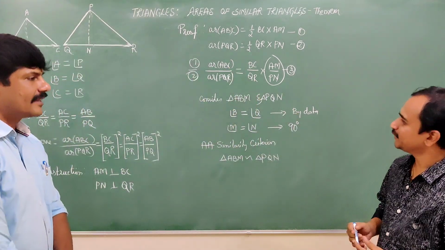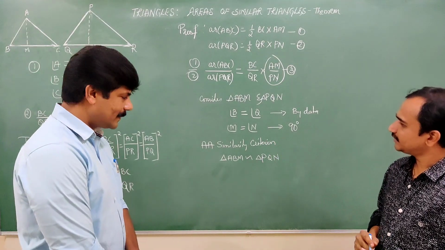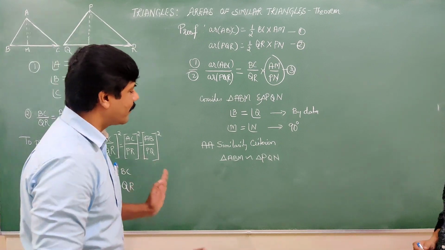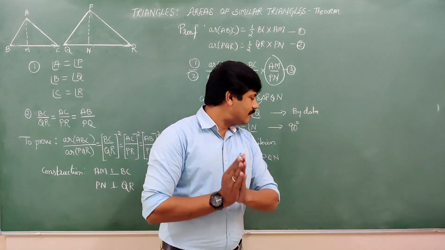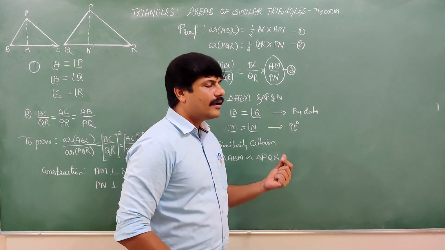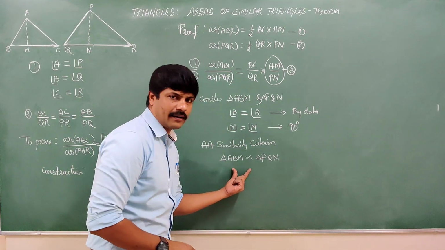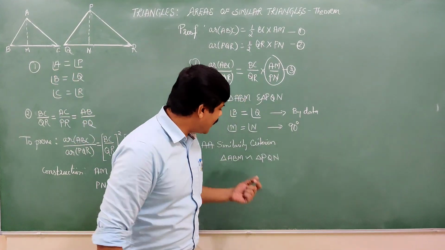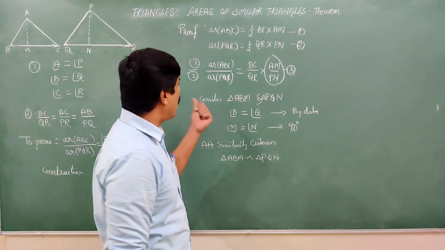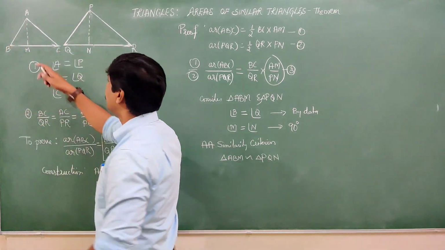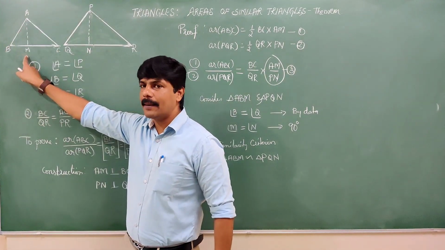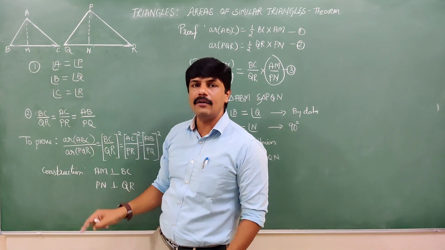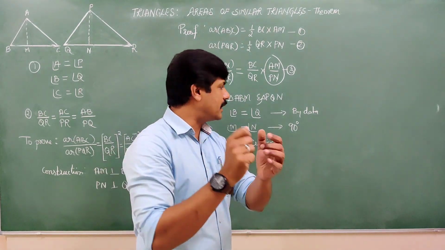Sorry for interrupting. Sir, you proved only two angles. Three angles should be equal, no? For equiangular or AA criteria. Okay, now I understand. What Mr. Sampath has doubt is, for triangles to be similar, I have been saying I have taken three angles equal. Why have you taken only two angles? What about angle A of triangle ABM and angle P of triangle PQN? Why have you not equated?